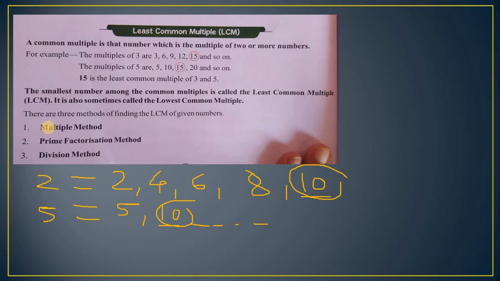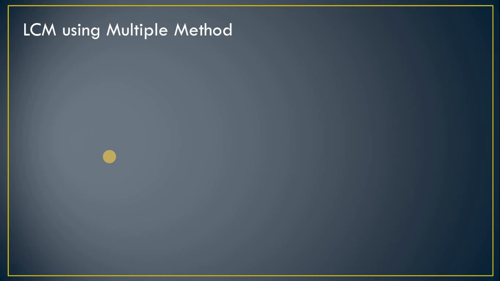We have various methods: the multiples method, prime factorization method and division method. By using all these three methods you can find the LCM. From a student's point of view, LCM using the multiples method is one of the easiest methods, but it takes more time. Suppose you are calculating the LCM of 8, 12 and 16. You have to write the multiplication table of 8, of 12, and of 16. But if bigger numbers are there, like 20, 25, 30, 36, 37,